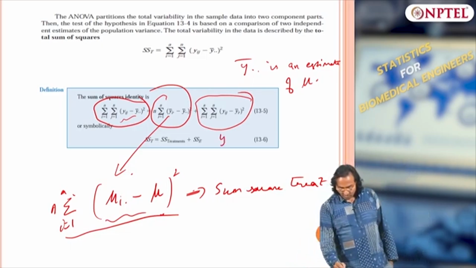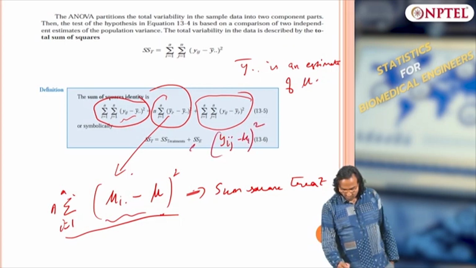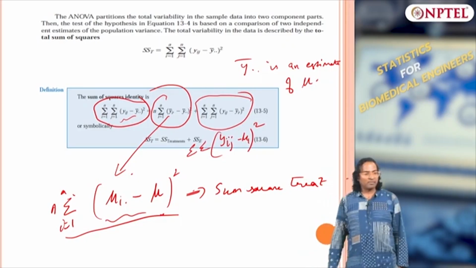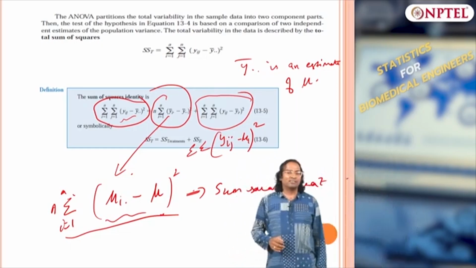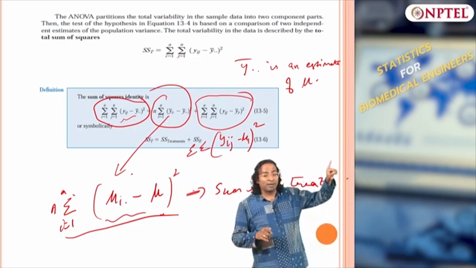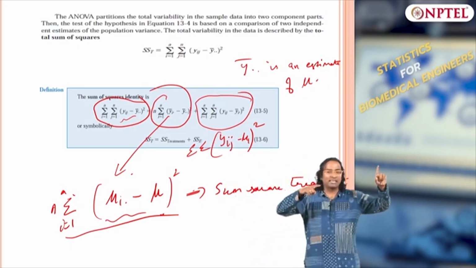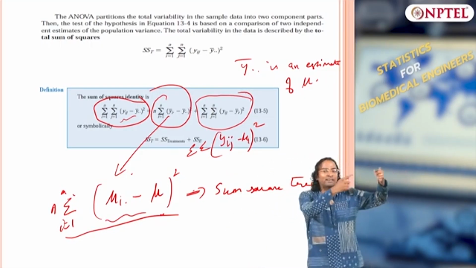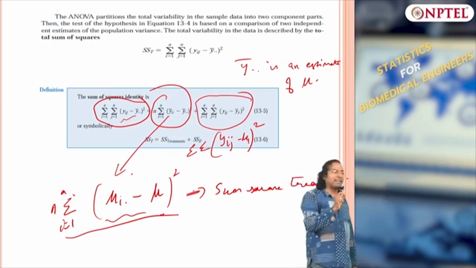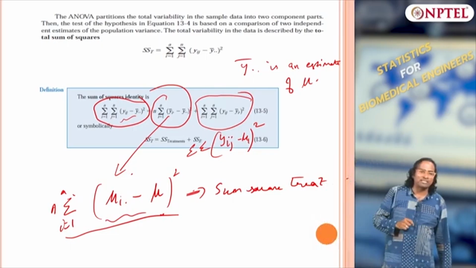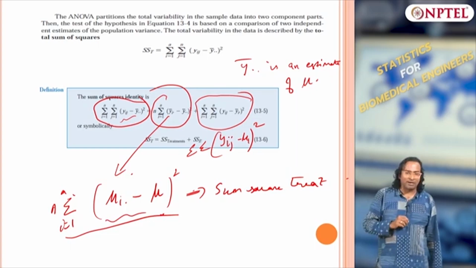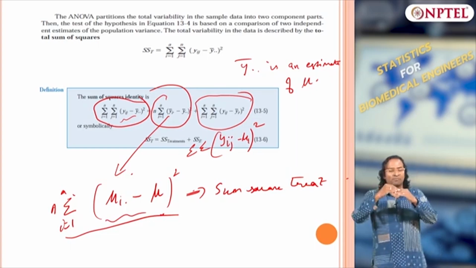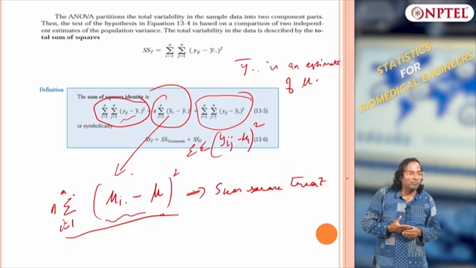What is this? Yij minus mu i dot. The first one is the difference between treatment mean and grand mean. The second one is the difference between the data itself and the treatment mean. Why will the data vary from the treatment mean? For what reason? I am operating at a particular treatment level, and the data varies from that mean. Why is that variation? What do we call it? Because of